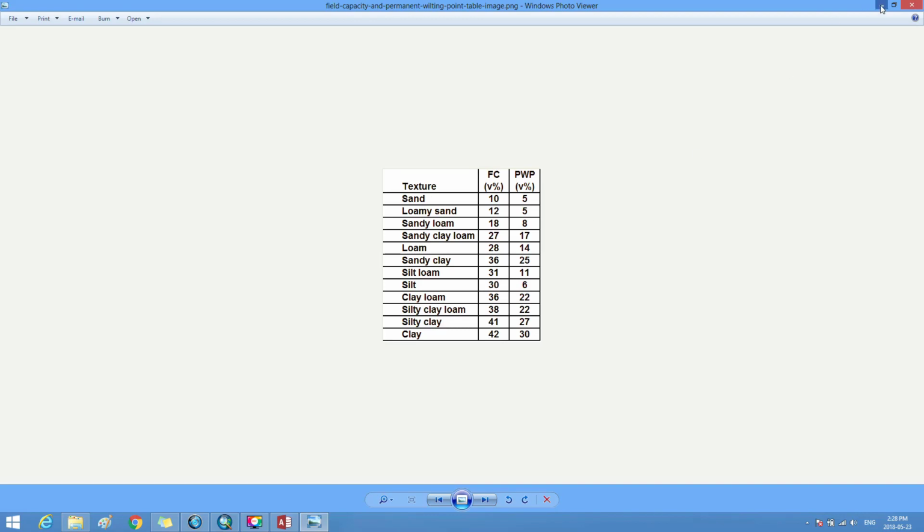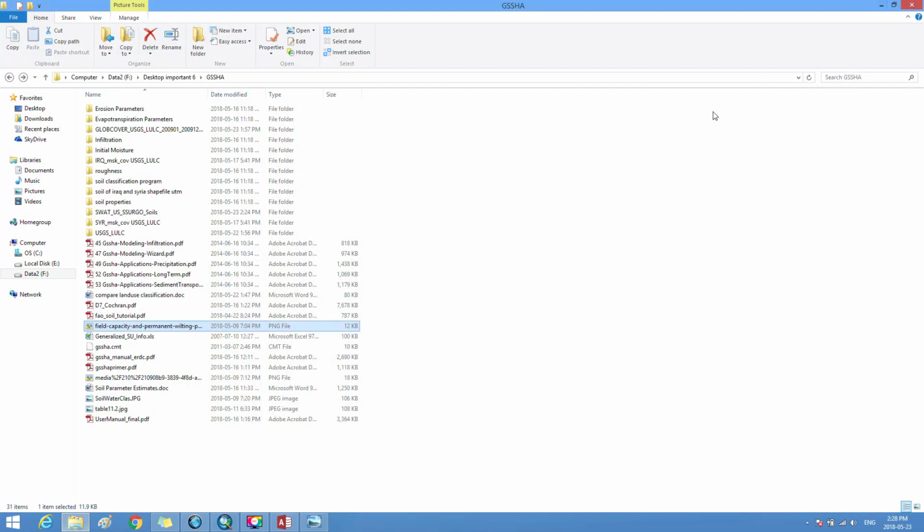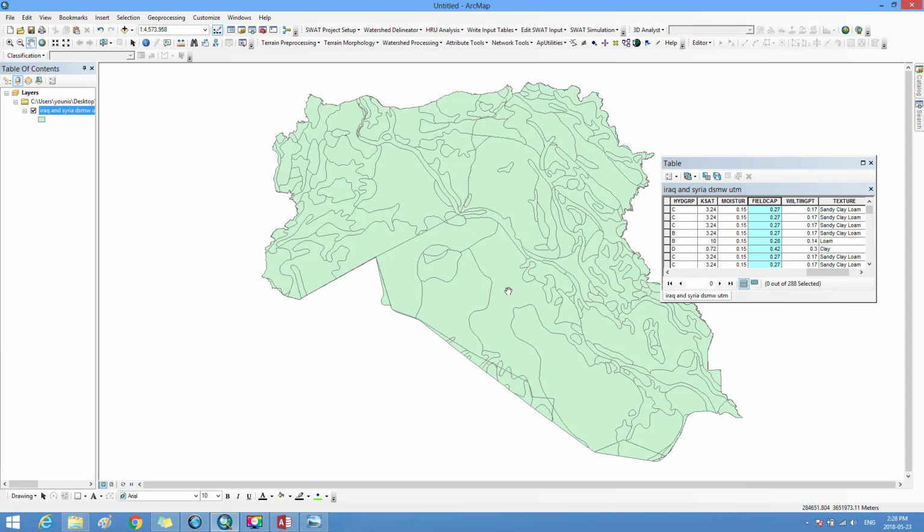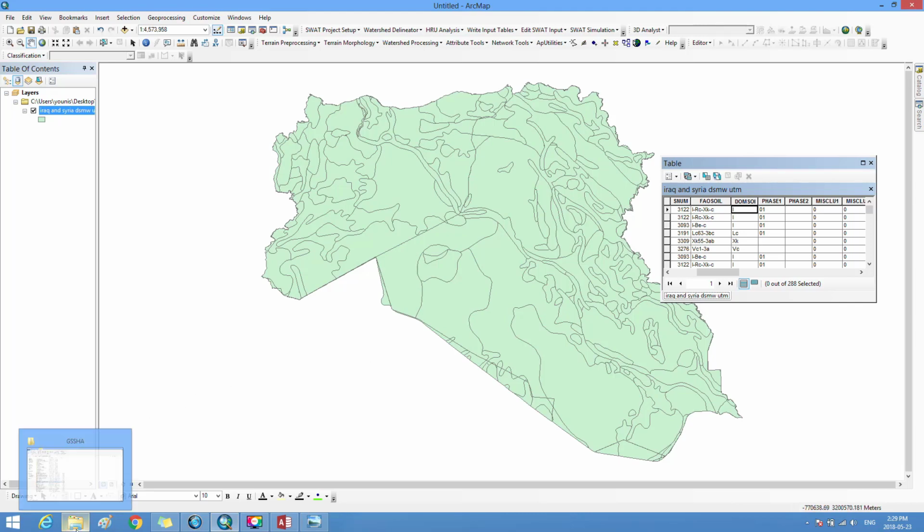and to know the soil texture, we go to the field with the GeoHMS title of the dominant soil for the study area, where we have here on the first line the dominant soil is I, so we go to the following path